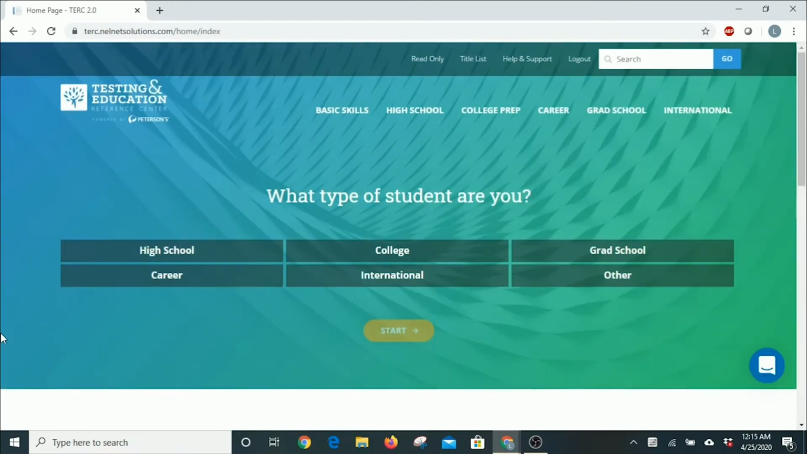Okay, and here we have the Testing and Education Reference Center homepage. The Testing and Education Reference Center is a great place to go to if you're studying for a college entrance exam, if you're studying for a professional licensing exam, if you need to find information about scholarships or information about grad school programs. It also has a great section on career development, and the Resume Builder is a part of